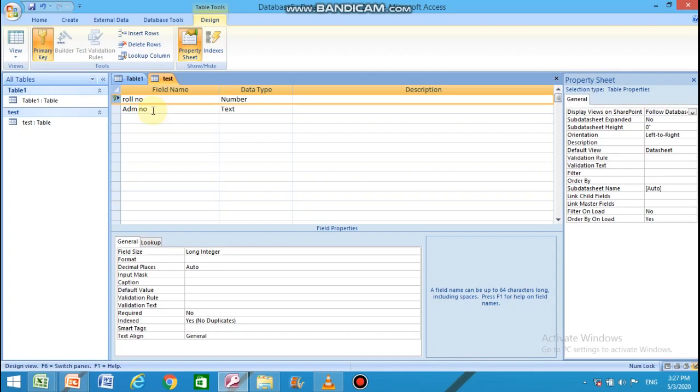Let us see how this primary key helps us during data entry. I must tell you students that a primary key is very advantageous for us. It not only helps us to enter correct, unique data into the table, but also helps us to create relationships between the tables. Relationships we will learn after some time. Let us first see how this primary key helps us in data redundancy, means reducing duplication of data.